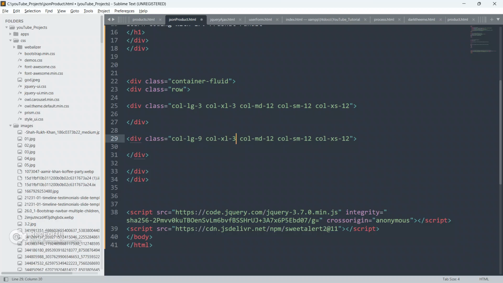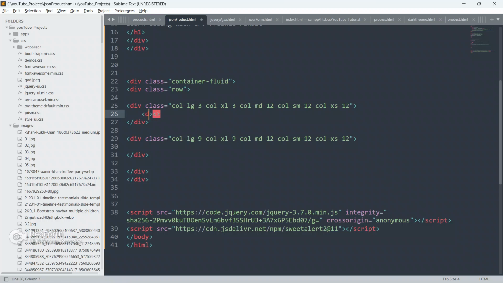Just change the class to col-lg-9 and col-xl-9 also. Okay guys, rest all will be same because we have to make it 12. So this is 3 and this is 9, so the sum is 12 now.